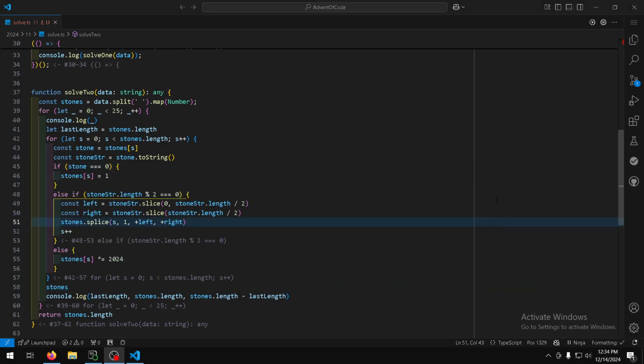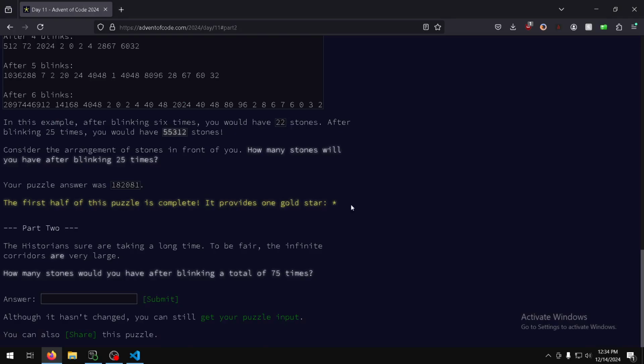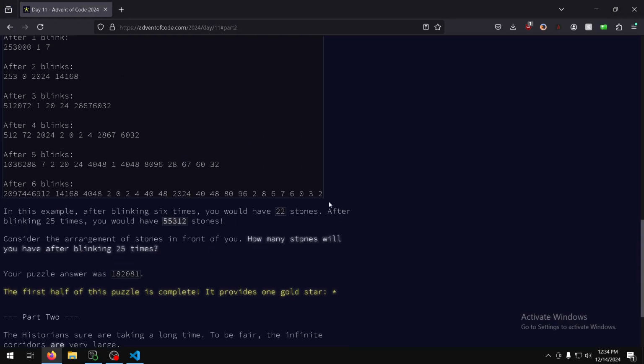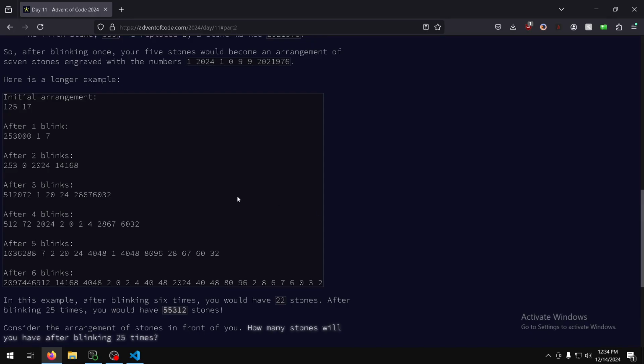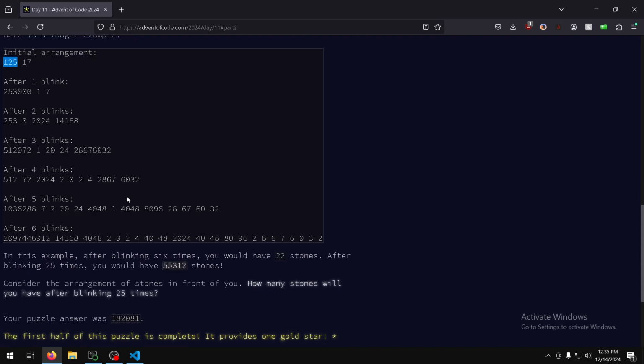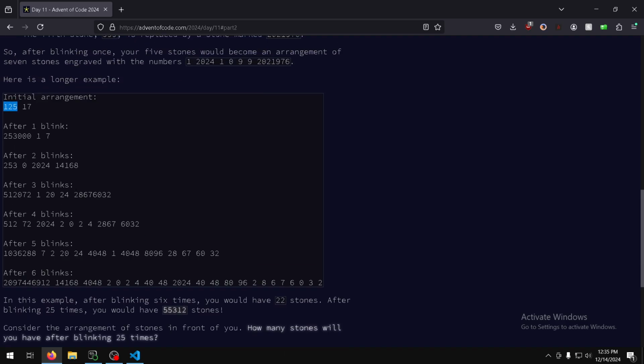I have returned and I have had an epiphany. Positions don't matter, the counts do. And what I mean by that is we don't care that 125 is in the 0th position. We care how many 125s there are. I believe there is a previous Advent of Code problem that had a similar solution. I can't remember, of course. But instead of saying, oh, we have a 253 in slot 1, a 0 in slot 2, this in that slot, this in that slot,